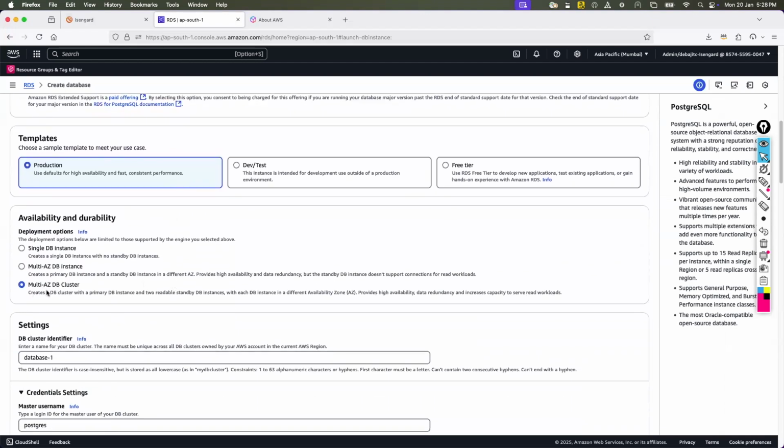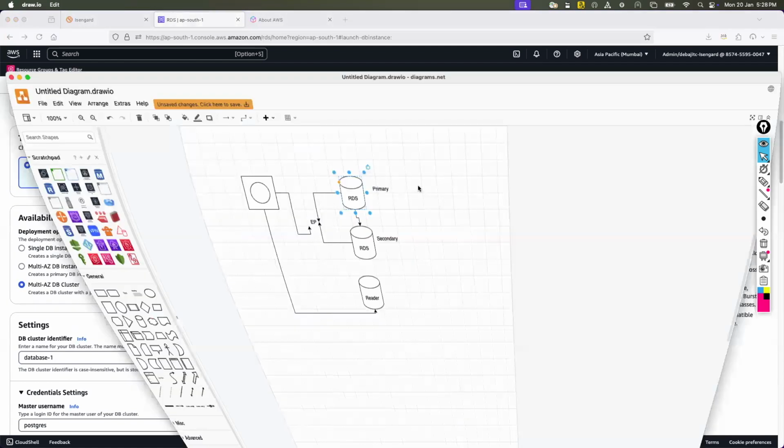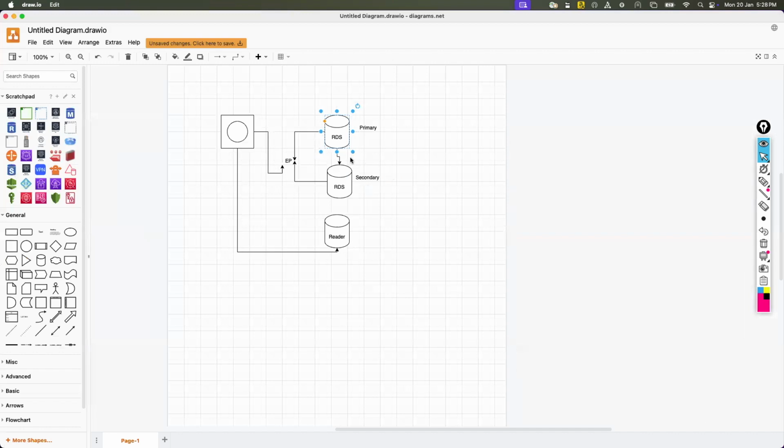Now, this is the concept of multi-AZ DB cluster. Multi-AZ, very important. So multi-AZ means, if I go back to the architecture, that this primary can stay in one data center, and this secondary can stay in a different data center. And you think, why should I do this?